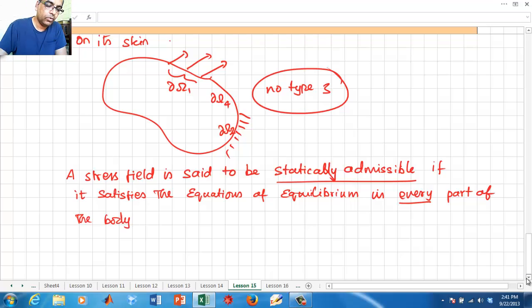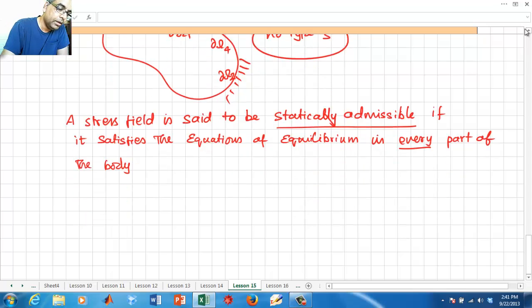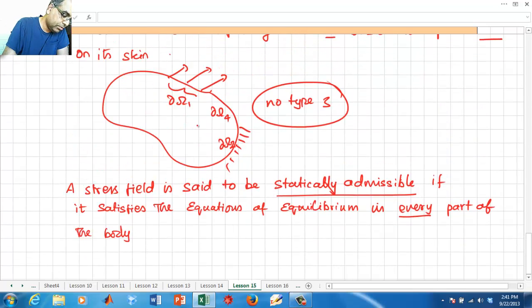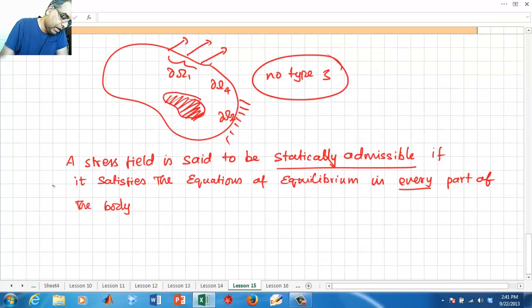So what do I mean by that? If I take any portion, let's say I take a portion like that. Okay, we are not done yet. So this is part A. So let us be very careful. In every part of the body,